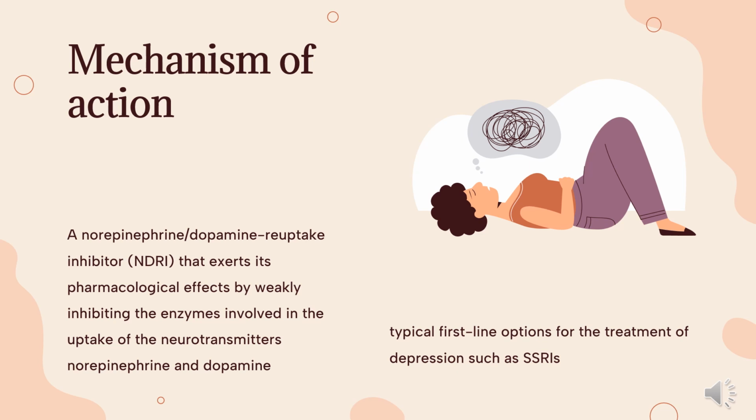Bupropion is less likely to cause sexual side effects, sedation, or weight gain as compared to SSRIs or TCAs, for example. When used as an aid to smoking cessation, bupropion is thought to confer its anti-craving and anti-withdrawal effects by inhibiting dopamine reuptake, which is thought to be involved in the reward pathways associated with nicotine, and through the antagonism of the nicotinic acetylcholine receptor, AChR, thereby blunting the effects of nicotine. Furthermore, the stimulatory effects produced by bupropion in the central nervous system are similar to nicotine's effects, making low doses of bupropion a suitable option as a nicotine substitute.